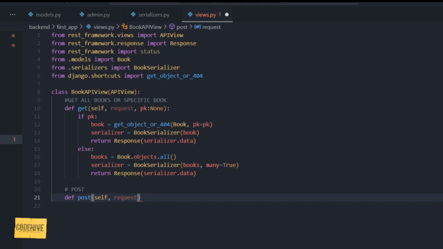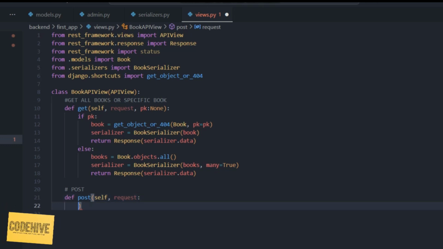Like I said to you guys, the self as well as the request will always be in your parameters. The reason why we have the self and the request is what the client sends out, or well, what the client is sending to the method from the front end. So that's why we use the request. The request parameter contains all the data that is being sent by the client. Okay, so now after we have that, we're just going to say,